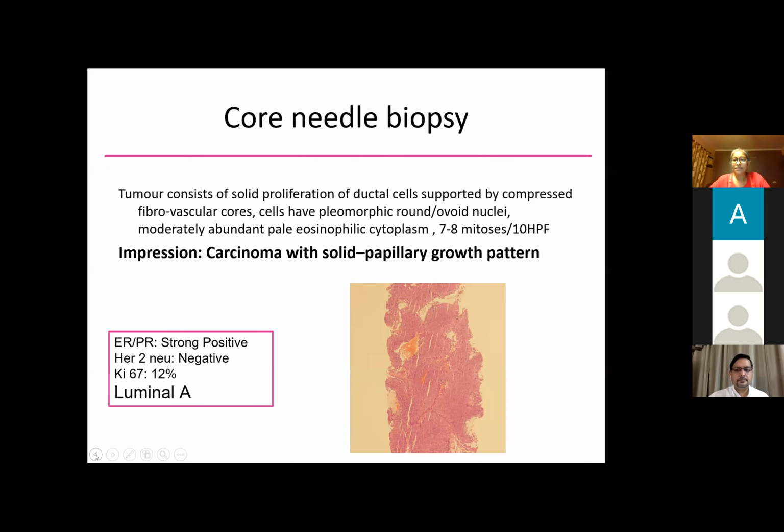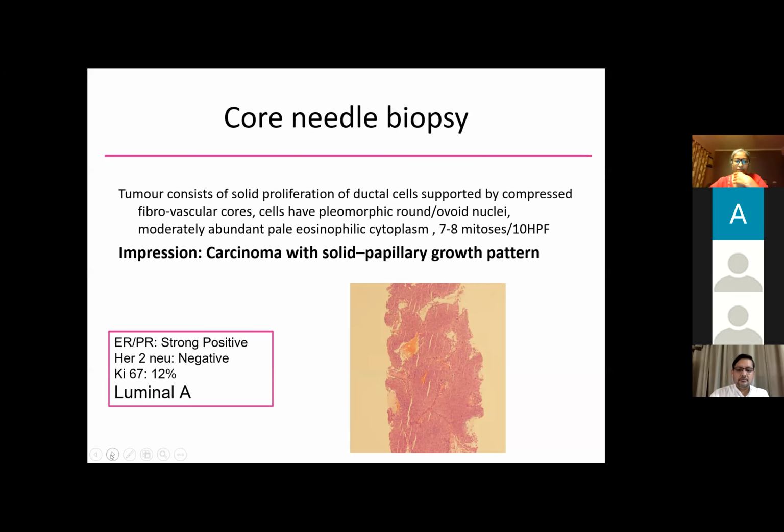Yeah, see, basically it all depends on what the patient wants, isn't it? Yeah. So if the patient wants a breast conservation surgery, then yes, what Vedant said, I think we should go ahead and do an MRI, because the breast doesn't seem to be so very well delineated on mammogram. Correct. But if she wants a mastectomy straight away, then no, probably not.